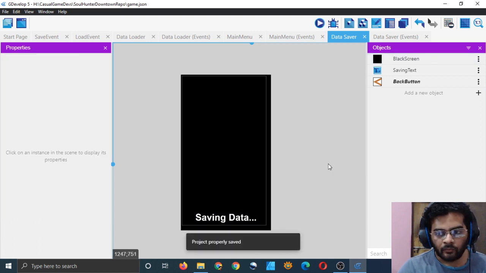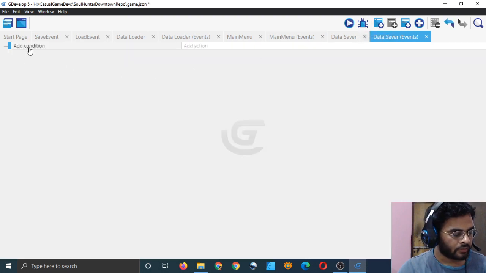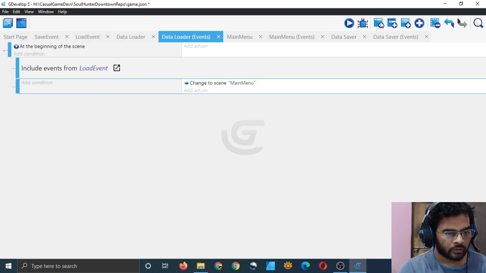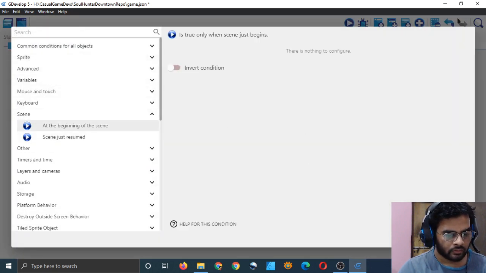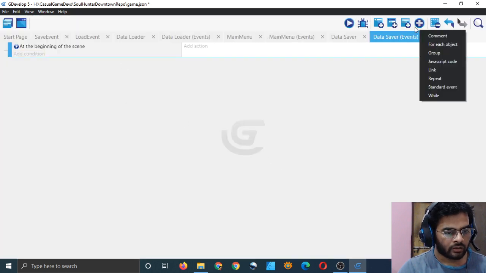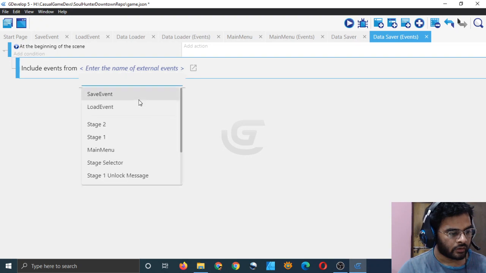So yeah, that's looking good. In data saver this will also happen once, right? In data loader, yeah, okay, data saver, it will happen once at the beginning of the scene. Let me add a link and put it as a sub event to this event, and then save event.